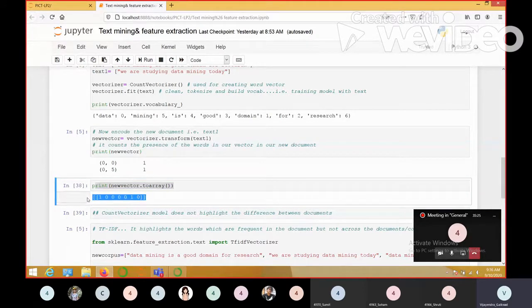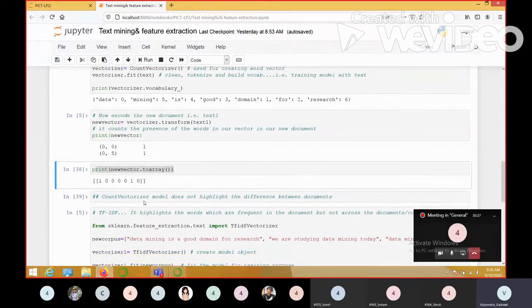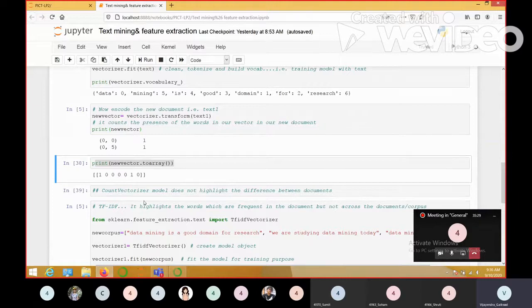Understood? So as I told, with the count vectorizer model we are going to check which words are present in our trained document, which words from the test and the trained document are matching, right? So it says that the word present at 0th index and the word present at 5th index are matching.